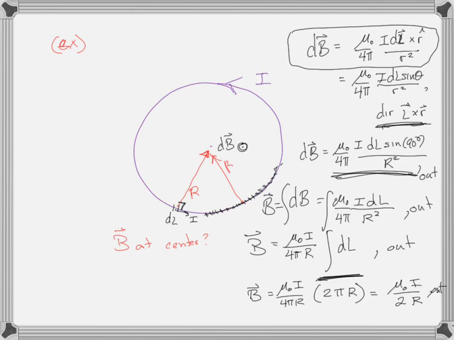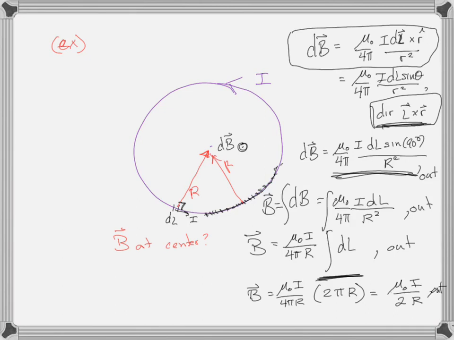So here we can use the right-hand rule in the way that we did up here to figure out the direction, or we can simply say, take your fingers and point them in the direction of the current, which curls around, and your thumb goes in the direction of the magnetic field. So if I put my fingers in the direction of the current counterclockwise, my thumb points out, so the field is out. If the current went the other way, clockwise, I'd rotate my fingers that way, and my thumb would